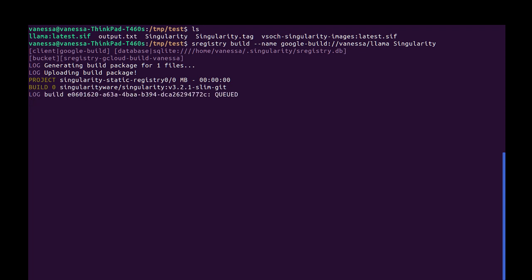So what is happening right now? It says generating build package for one file. That would be our recipe file. The build package first needs to be uploaded to Google Storage, so then the builder knows where to find it to extract it. It shows us the project name that we're using, and then it also shows you the build base that we're using. And this is a Docker Hub container, Singularity version 3.2.1 Slim,